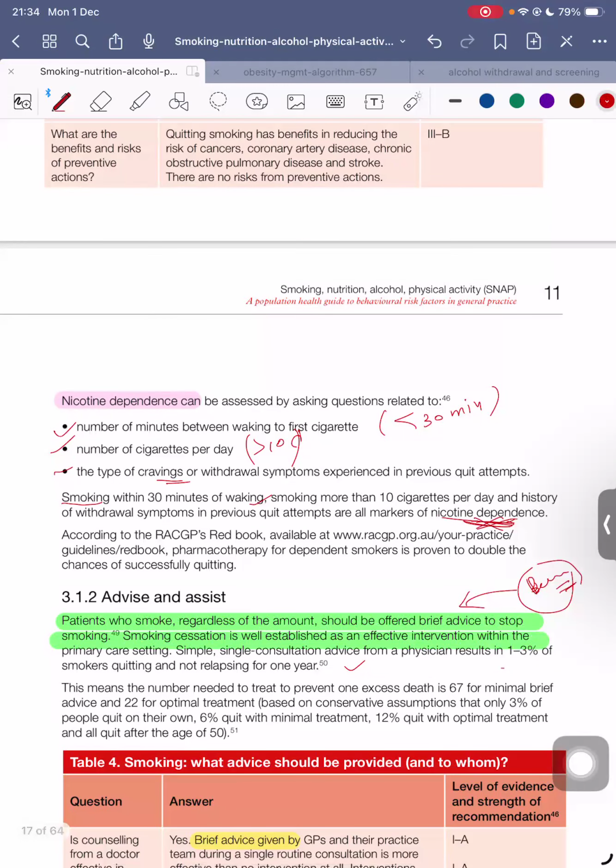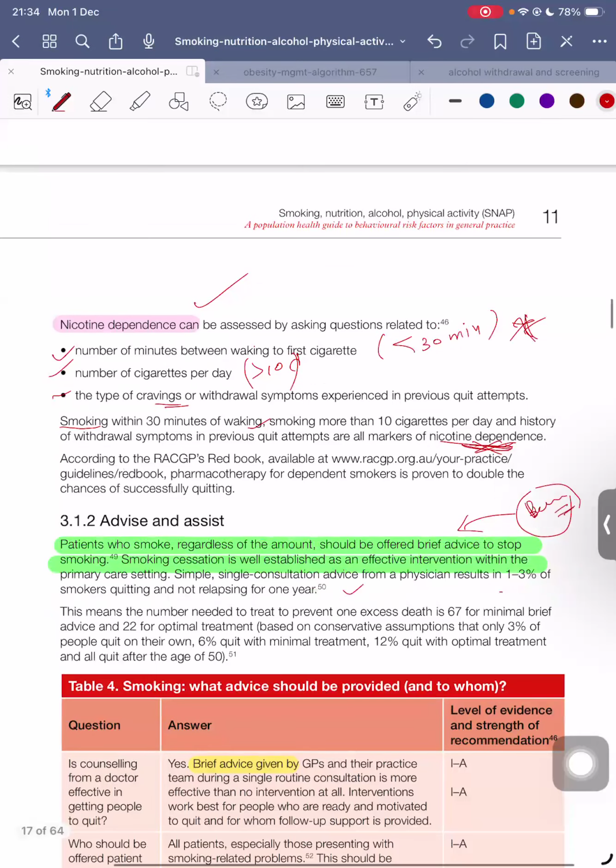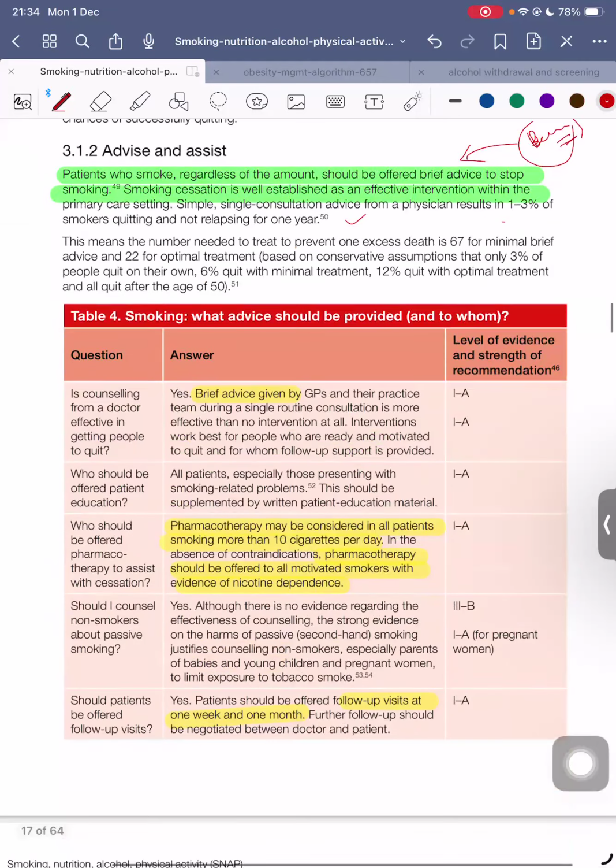So the patient has a craving for cigarettes, craving. Okay, remember, experience in previous quitting attempts. Okay. Remember this thing, nicotine dependence. Sometimes they can ask about this. Remember this, especially this 30 minutes part. Okay. So here,